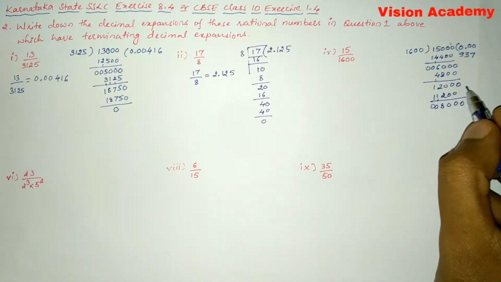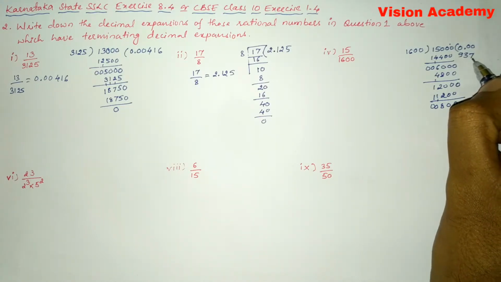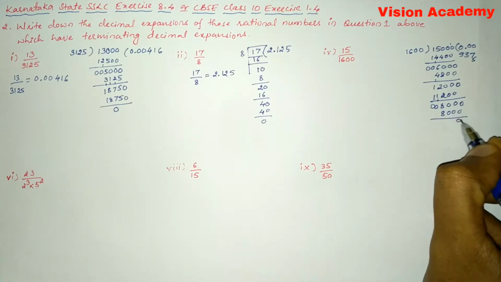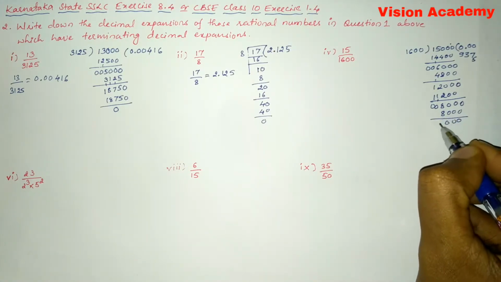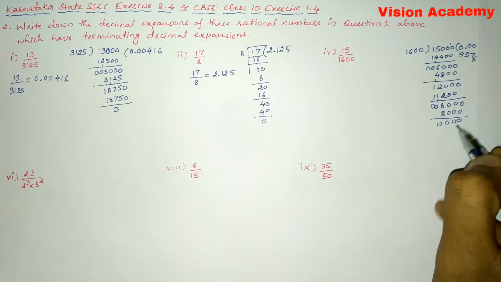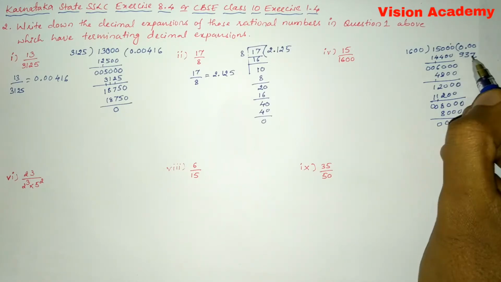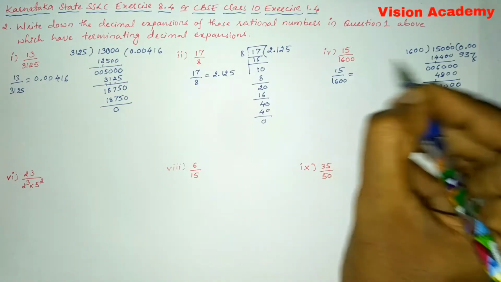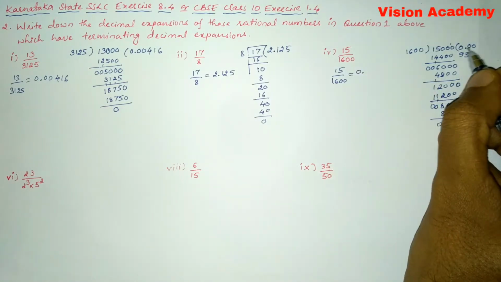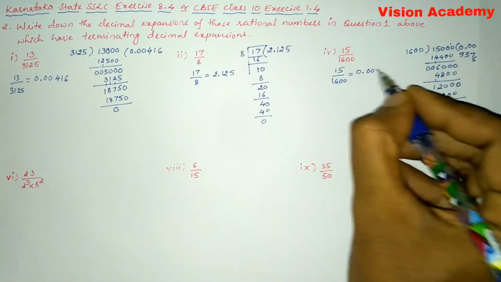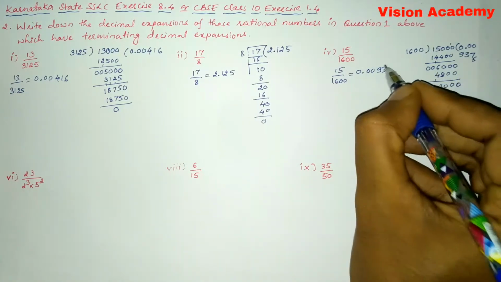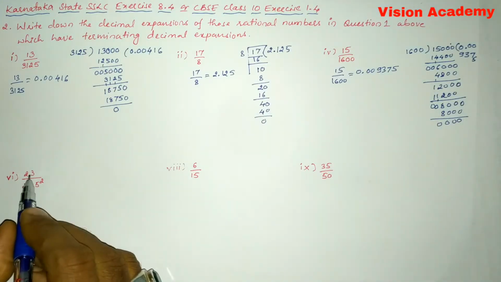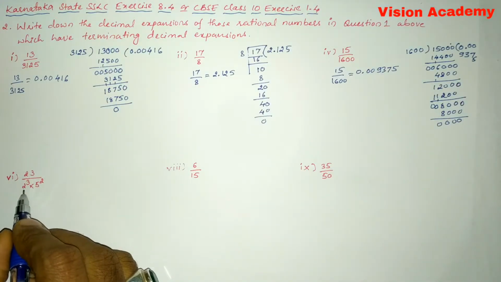So 16 5s are, we'll write here, 16 5s are 8,000. So here 0 minus 0, 0 minus 0, 0 minus 0, 8 minus 8 is 0. Here the remainder is 0. Now we'll get 15 divided by 1600 is equal to 0.009375. Now let us move on to Roman number 6, that is 23 divided by 2 to the power 3